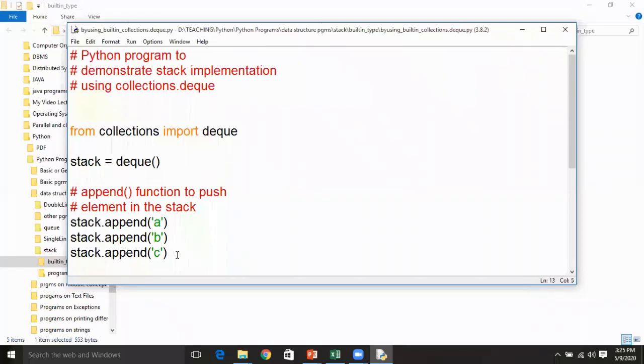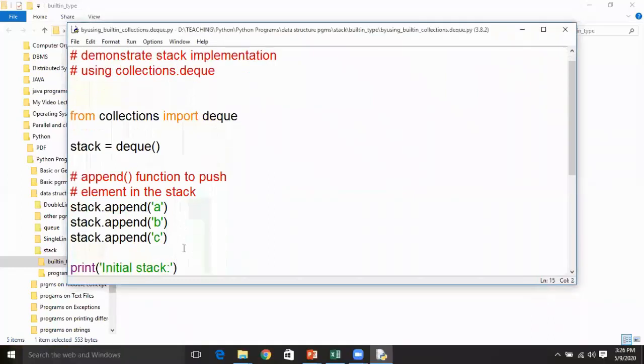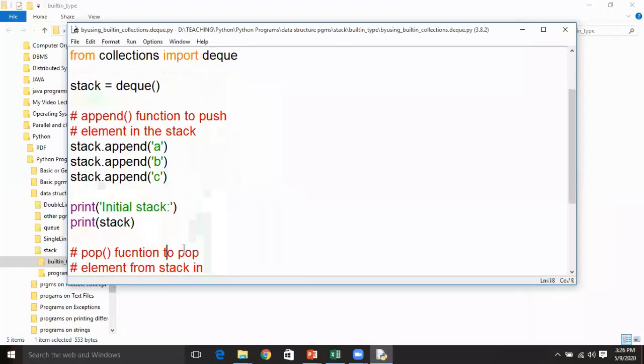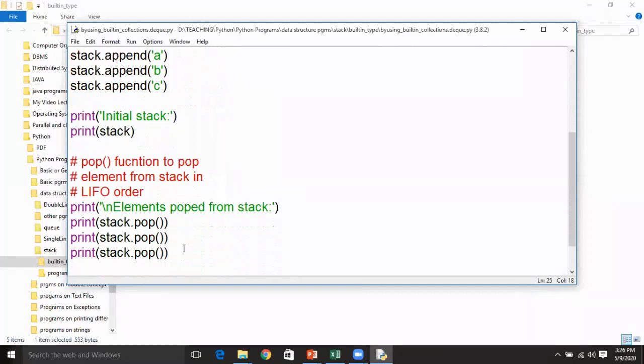Here three elements were added sequentially into this stack. Then you display the stack, and the content of the stack will be displayed on the screen. If you want to pop out, you can pop the elements from this stack by using the reference variable dot pop method.